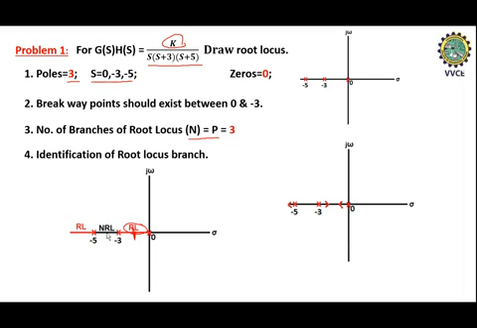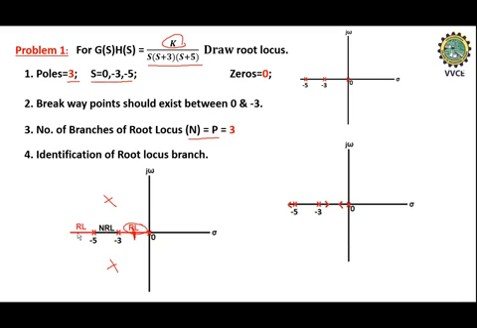Consider another random point in between these two poles. To the right side of this random point, count the number of poles and zeros. There are two poles to the right side of this random point. The 2 is an even number, so you can't consider this as a root locus. So this complete branch is a non-root locus branch. You can define the root locus as well as non-root locus branches like this, and it is applicable only on the real axis. If you consider any complex roots, you should not use them to judge the root locus and non-root locus.